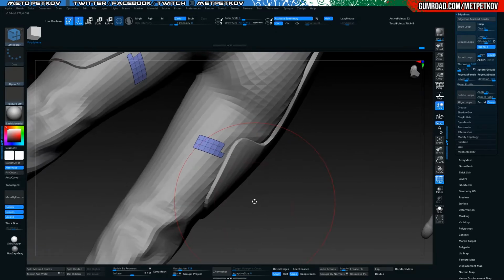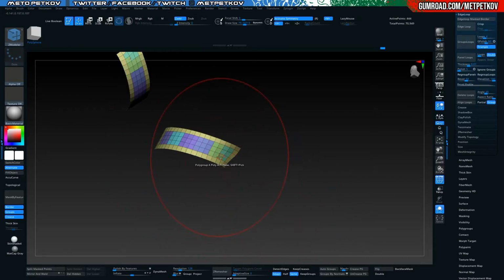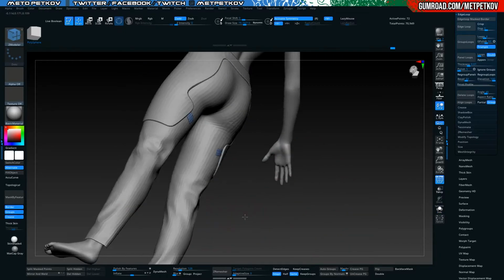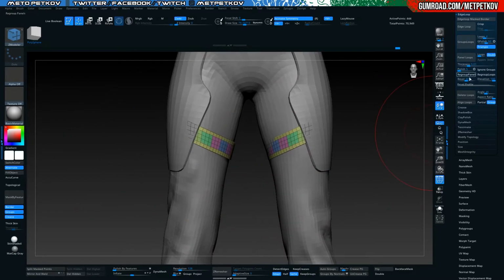Wait, oh my god, I messed up. No, never mind, we can fix that. Those three. Okay, this one will be one poly group. There you go. Cool. So now when I have this, if we quickly